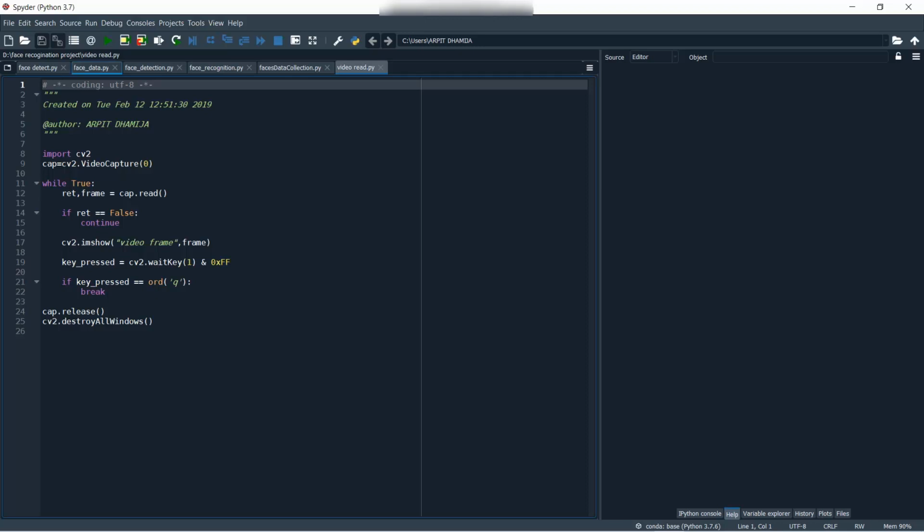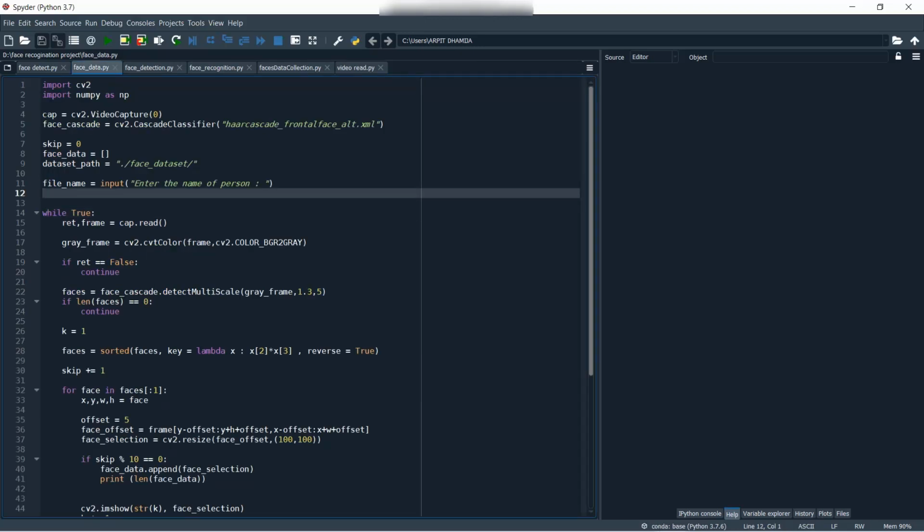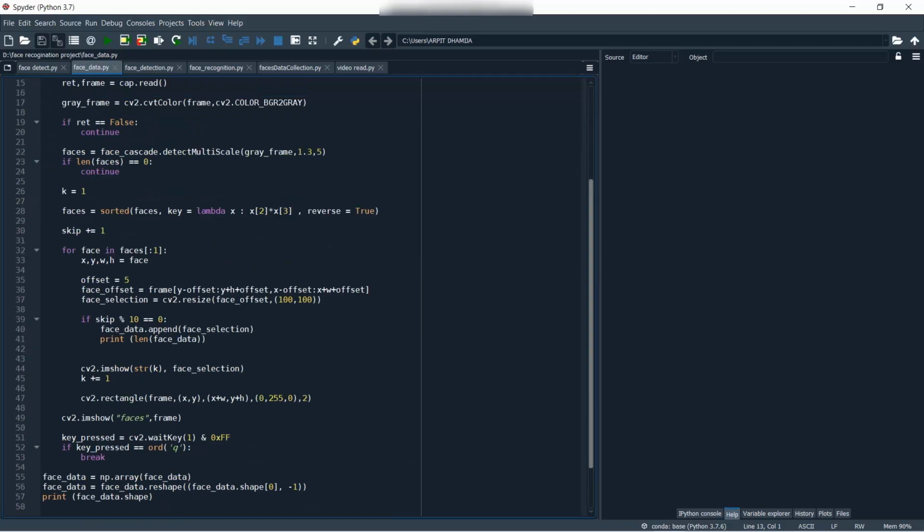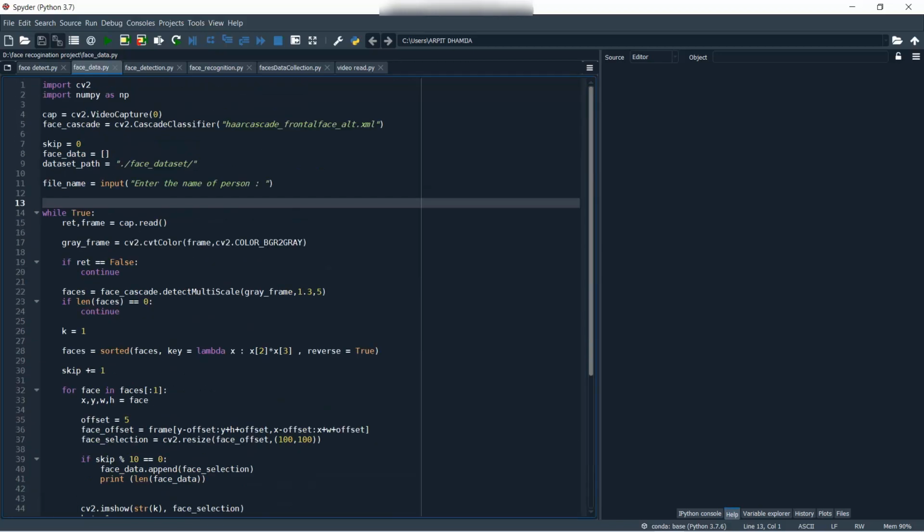So in today's video we're going to see how the laptop camera or webcam reads our face data and stores it in an array to detect further. This file, face data, covers how our face data is stored in the memory of the computer, and we will process it later when we do face detection using the KNN algorithm. So let us get started.